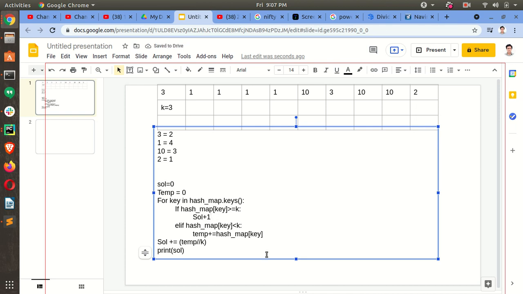What we will do, we will store it in a different hash map, okay. Just a second.